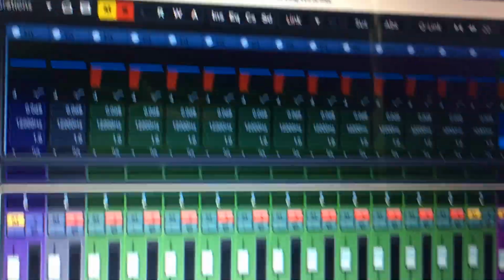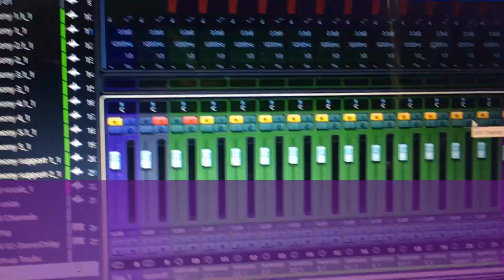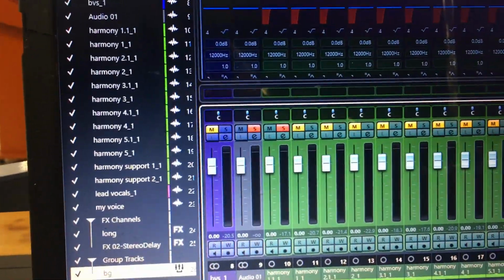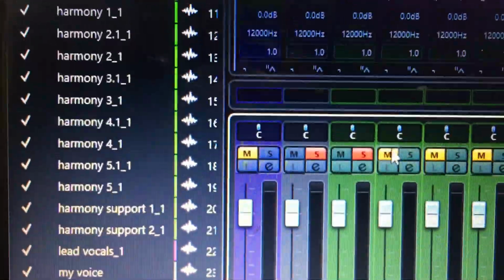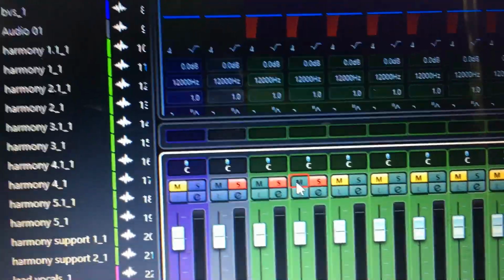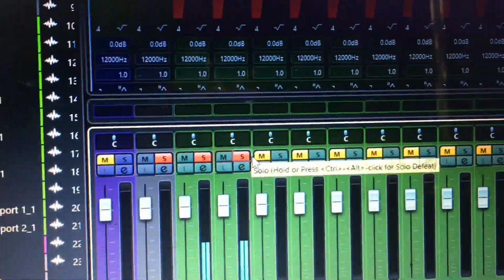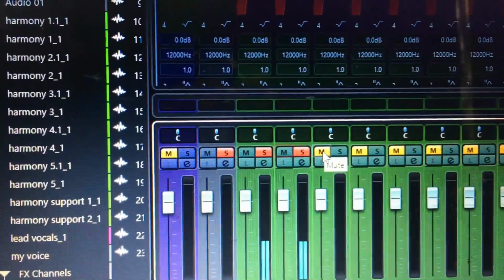After doing this, the next thing I want to do is spiral pan. The reason for spiral panning is you want to get a stereo backing vocal, so everything cannot just be in the center. You can see everything is in the center, C, C, C, C, C, C. So what I want to first do is these two guys. I want them to be in the center. Then these next guys,